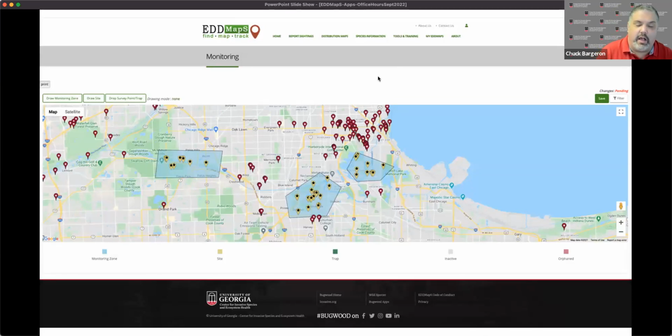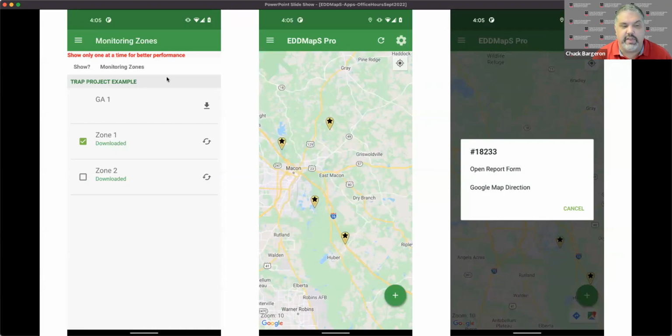Something we added in the last year is the concept of monitoring zones. What came up was spotted lanternfly, and you want to go out and do revisits to Tree of Heaven, but you want to check to see if Tree of Heaven was there, but also whether or not there was spotted lanternfly. And so we built a way where you can set up a project, go in, select the different areas you want to monitor, assign those to users, and then the user goes in through the app, downloads that